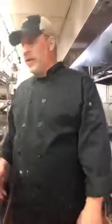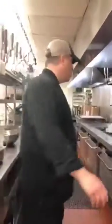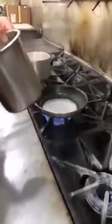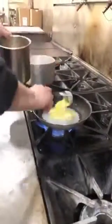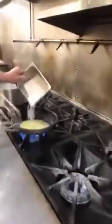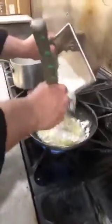So real quick, we're going to do a variety of thickeners. The first is a roux. I did a video earlier on roux, and basically a roux is melted clarified butter that you heat up and mix with an equal portion of flour, which this is. And you're going to put in enough flour just for